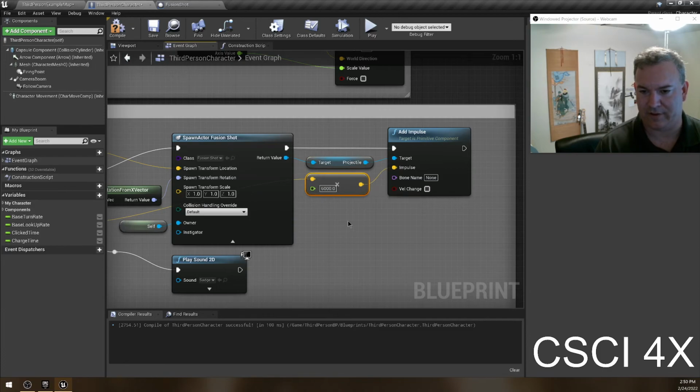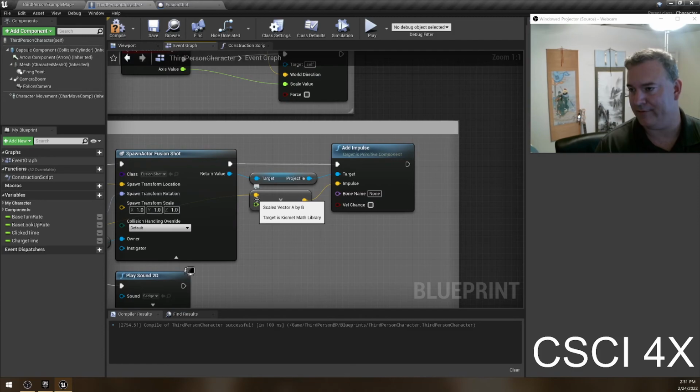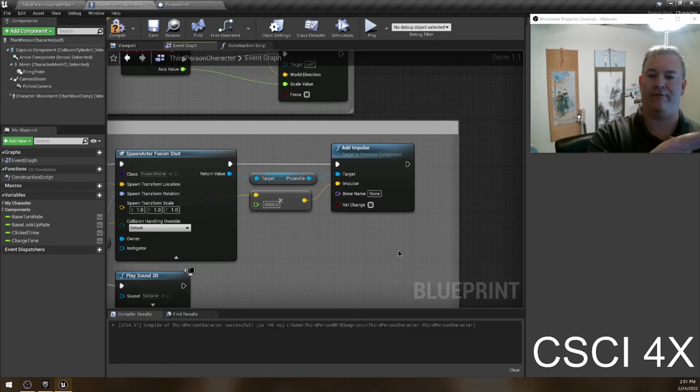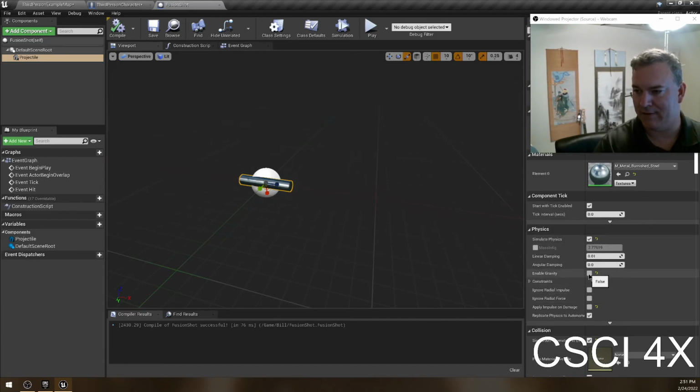But what I did was I took our forward vector, the direction we're looking, multiplied it by 6,000 to create 6,000 units of energy pushing the thing forward, and then the physics engine does the math and launches the projectile in that direction, because the cylinder does have a mass. It is 2.7 kilograms, or about 5 pounds. So I turned off gravity. If I put gravity back on, then that